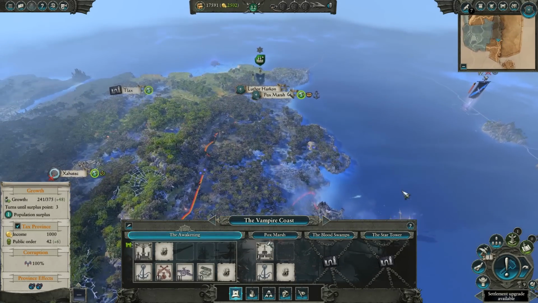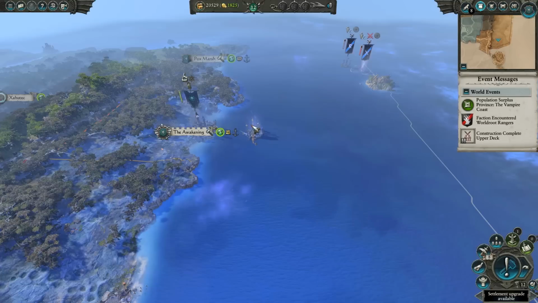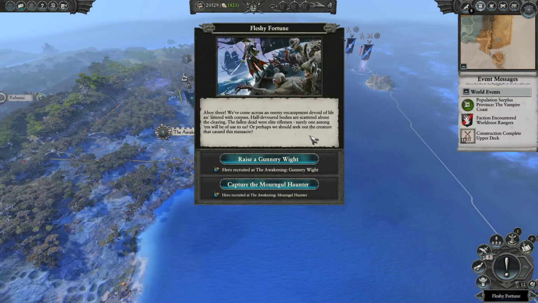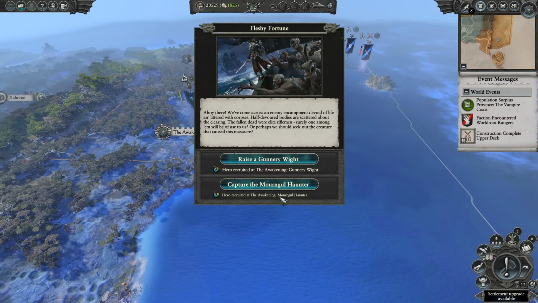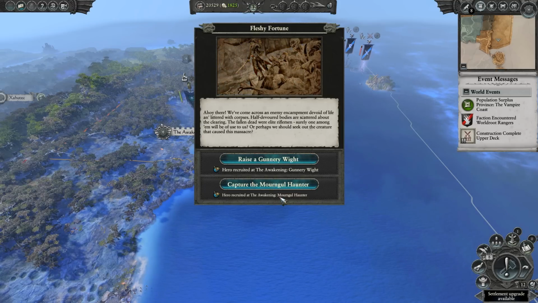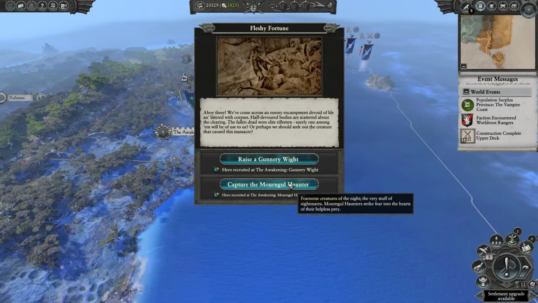So the Awakening has Vampire Coast has 2 other settlements, Blood Swamps and Star Tower. So our objectives lie to the south. Get a little dilemma come up. We can either get a gunnery rite, which is another ranged individual, or a Morngul Hunter, which is a heavy hitting guy. And as my front line is still weak, I say let's go with the heavy hitting guy who can take some damage. Because after all, we already have Harkon to do that long range shooting that the gunnery